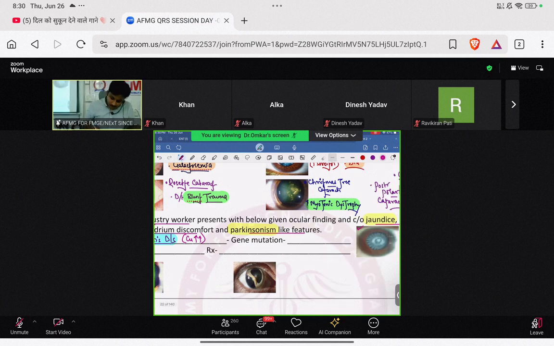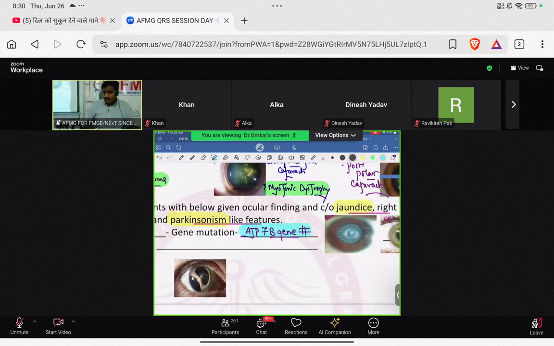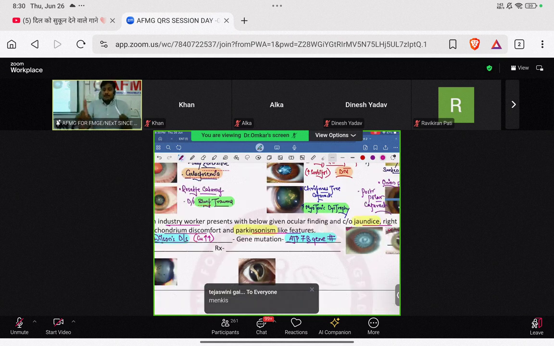It can occur due to a gene mutation. A or B? We know Wilson's happens due to ATP7B mutation on chromosome 13. ATP7A gene mutation causes Menkes disease, that is copper deficiency. The important point: Wilson's disease, copper excess, ATP7B gene mutation, chromosome 13, follows an autosomal recessive pattern of inheritance. Menkes disease, copper deficiency, ATP7A gene mutation, follows an X-linked recessive pattern of inheritance. Menkes disease follows XLR, so it is only seen in males. Females are just the carriers of Menkes disease.